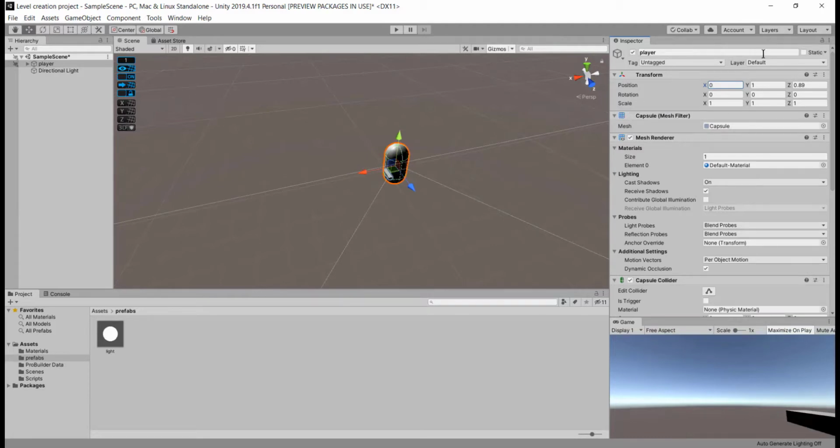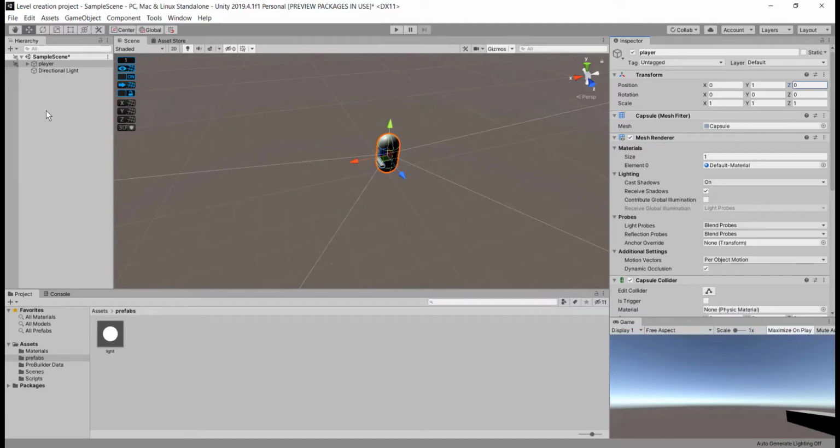Okay. And also clicking this small button snaps the selected object to the nearest grid point in the ProGrids grid system. So that will be very easy when you are trying to snap objects without dragging them around using the mouse.